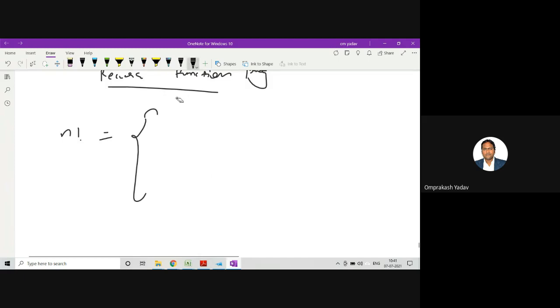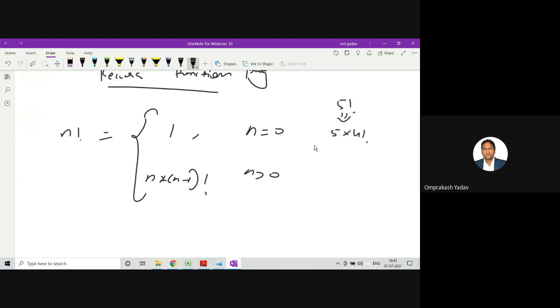And when n is greater than 0, I'll write this particular problem in this way: n into (n minus 1) factorial. Just now we saw that 5 factorial I can write as 5 into 4 factorial, right? So 5 into n minus 1, 5 minus 1, 4 factorial.